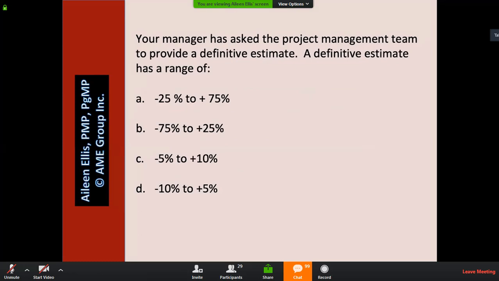Your manager has asked the project management team to provide a definitive estimate. A definitive estimate has a range of